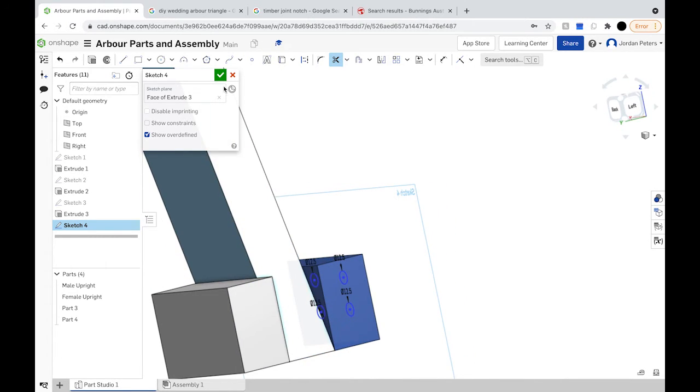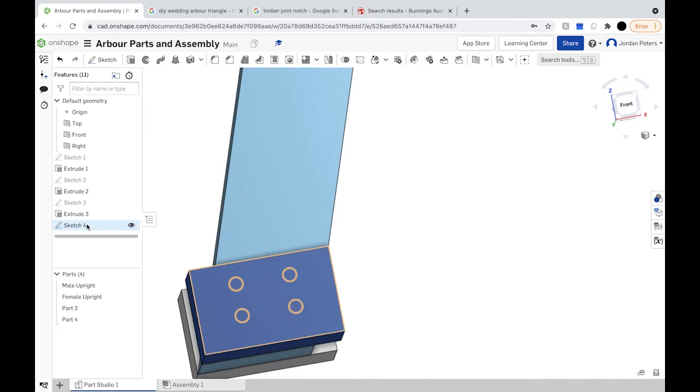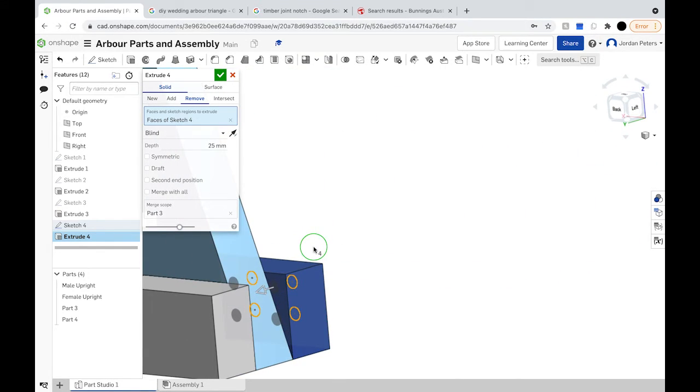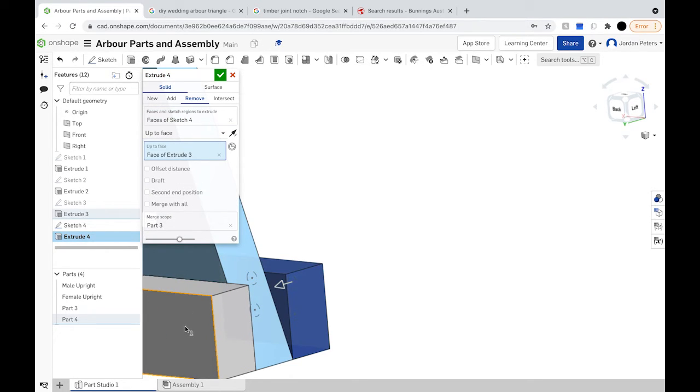So if I tick on that one, and then we select that sketch there, we can extrude, and we go remove, and I believe if I do this correctly, instead of going blind, we can do that, we might have to do that, but we'll go up to face, and you can select this face here, and that should remove